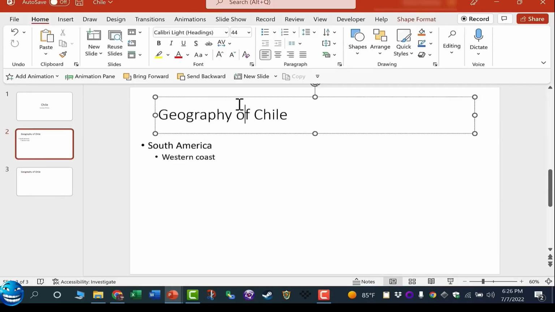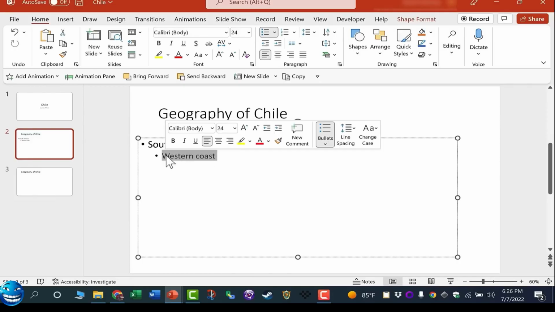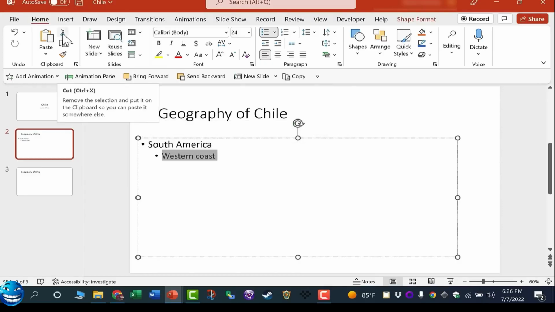Let's say I want to copy my slide title, Geography of Chile. I'll just click on it and then click on the edge of the text box. Now that the text box is selected, I can go up to the Home tab and click this copy button. Then I can go to my third slide and then, without even selecting where I want to paste this,